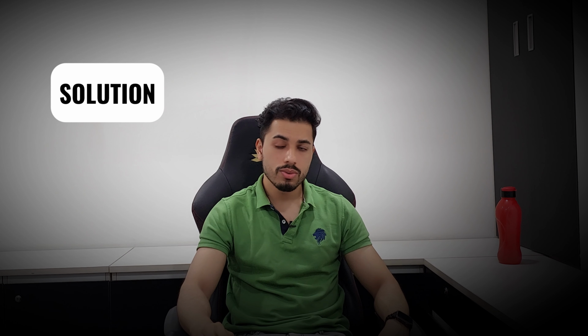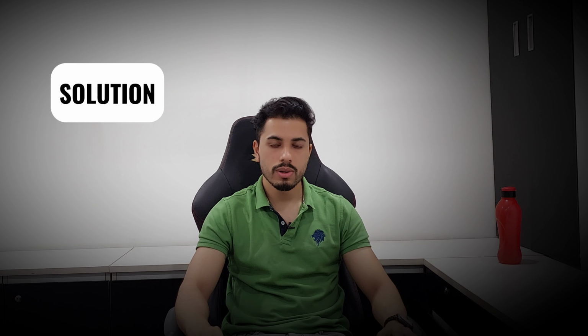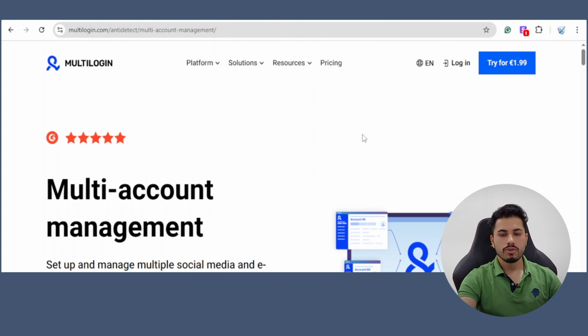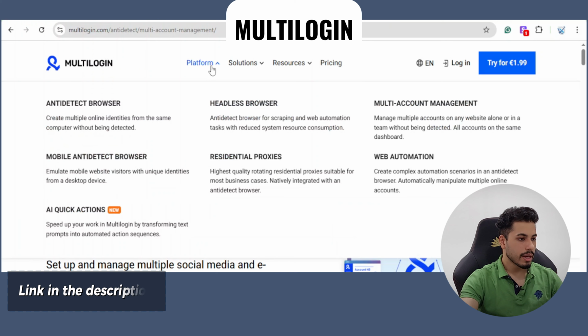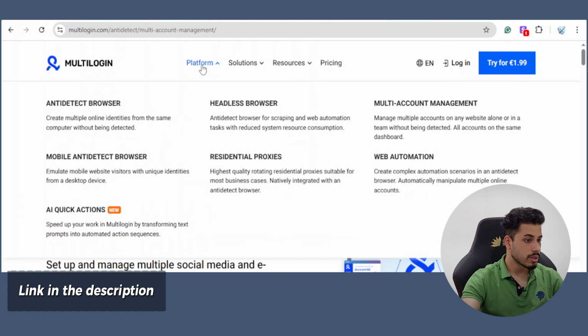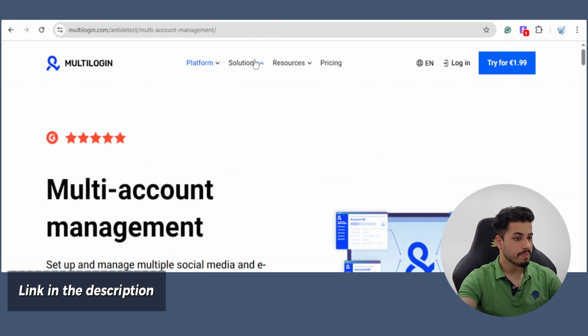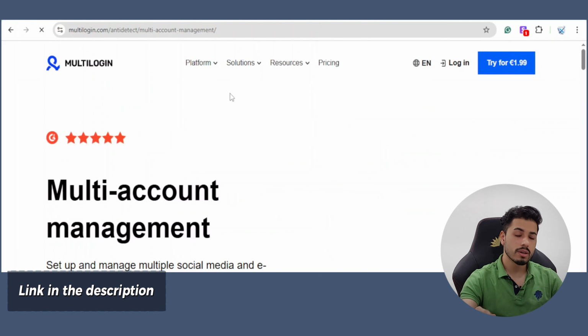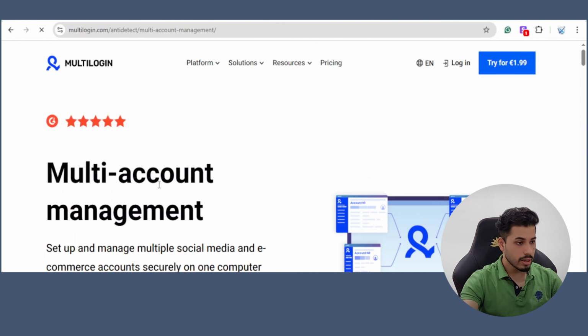So let's come to the solution, and let me take you directly onto my screen and share with you exactly one of the tools that I have just come across, and I find it really helpful, and maybe you will too. So let's discuss this tool and go through it quickly. This tool is named Multilogin, and they have this site multilogin.com, which you should definitely visit and read about on that platform. I will be giving the link in the description, but before that, let's discuss this tool.